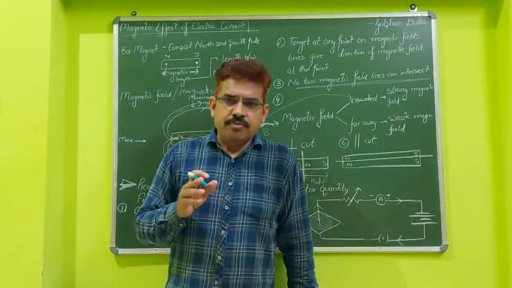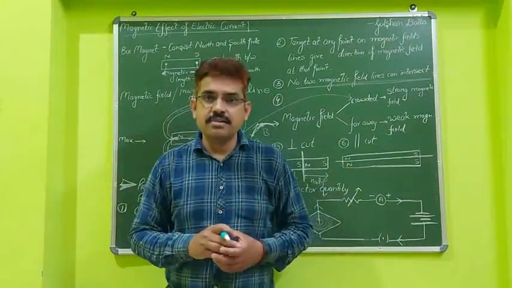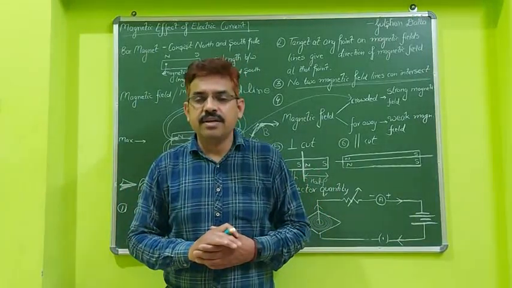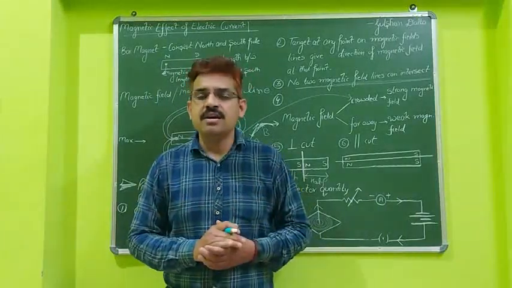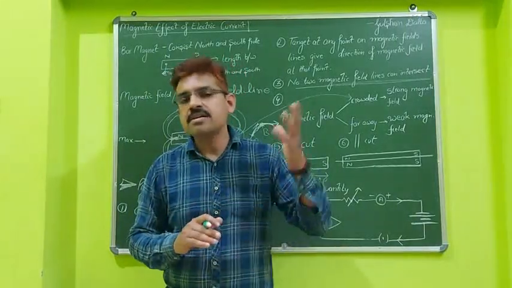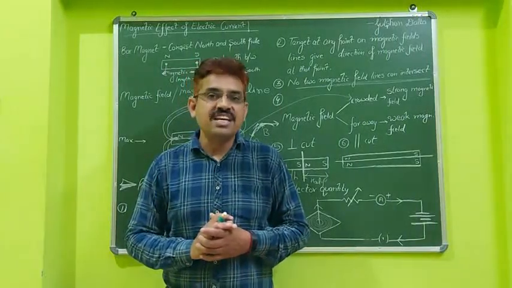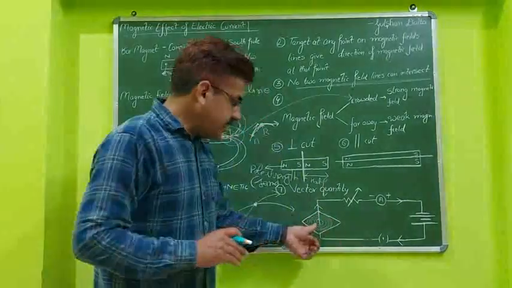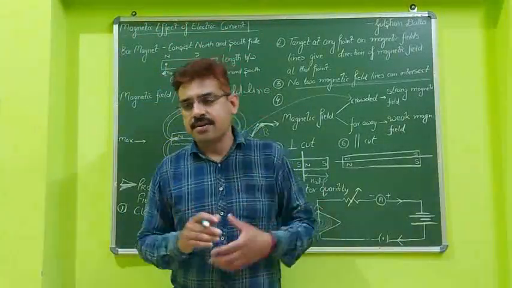Why is it a concentric circle? It explains that something is there around that conductor, and that is the magnetic effect. It means we can say that a magnetic field is there around the current carrying conductor. With the help of this experiment, we started the new theory that it is possible to produce a magnetic field with the help of current flowing through a conductor. So this is the nature when current flows through a straight conductor: concentric circles will be there.